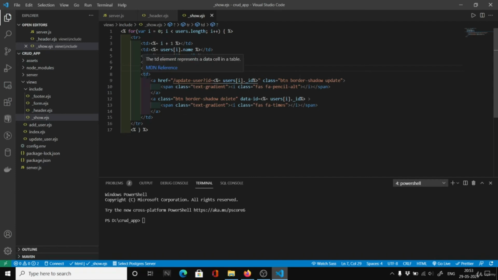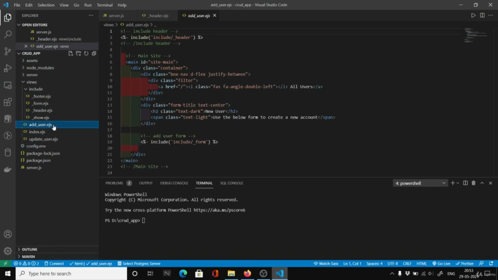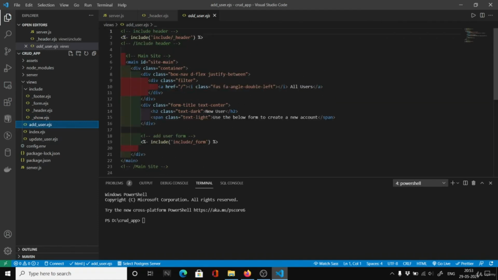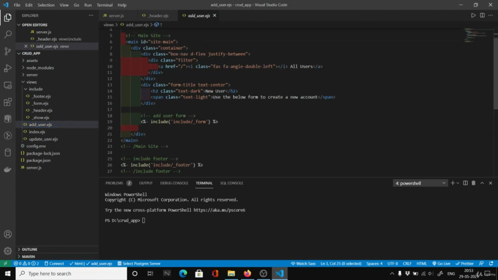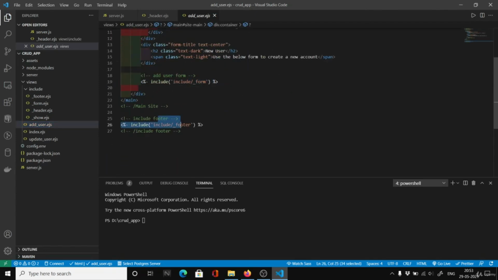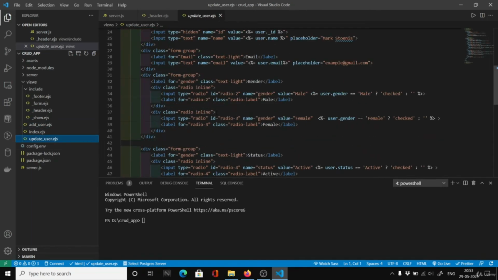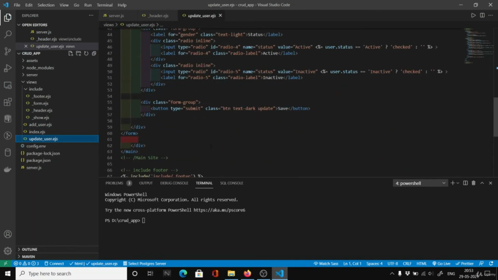Table data, td. So that is with this code here. And here is the add user. For adding a new user I have given some code. I have included the header, and I have included the form as well as the footer. And for updating the user, you can see here, everything I have given in the form